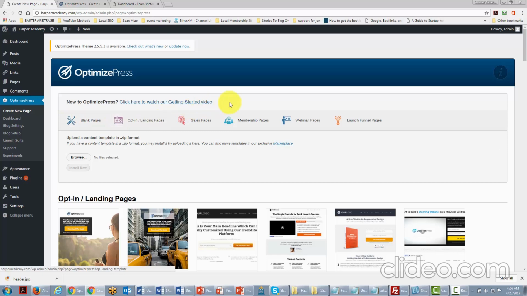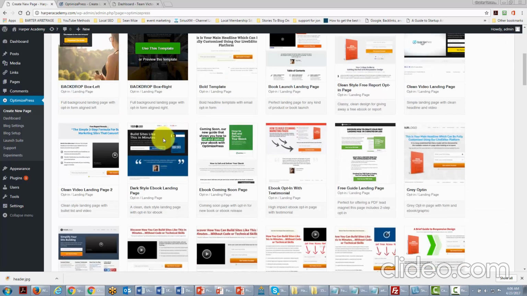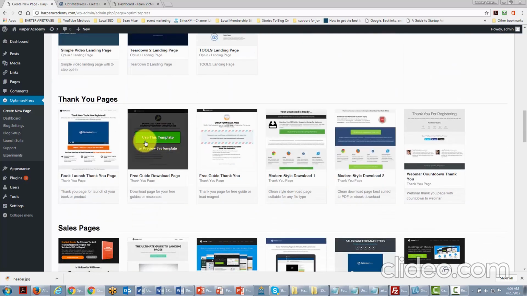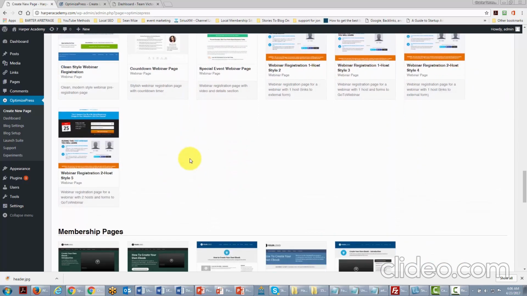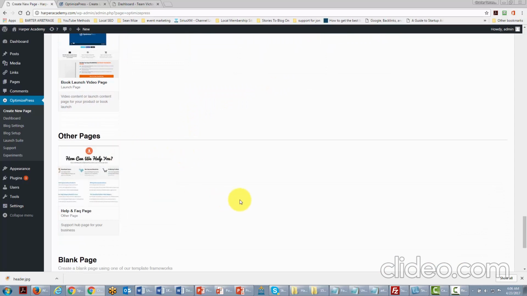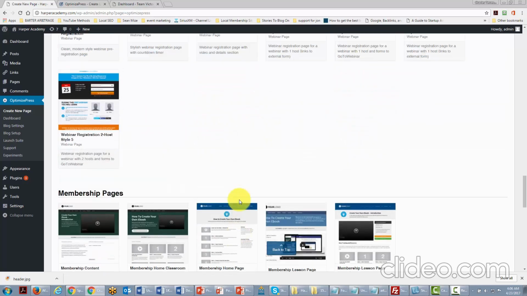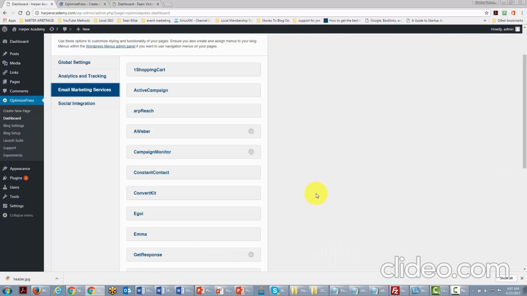Optimized Press gives you several templates to start with. They give you landing pages, thank you pages, sales pages, webinar pages, membership pages, launch pages, and FAQ pages. Basically, these are starter templates that you can use in order to build business pages. The other thing that Optimized Press does is build into it the email functionality that we have been talking about in other videos,